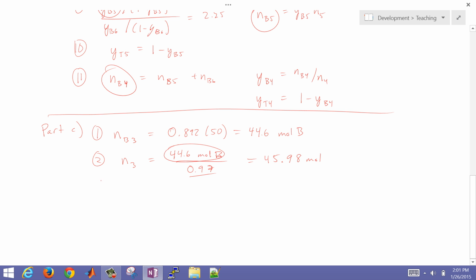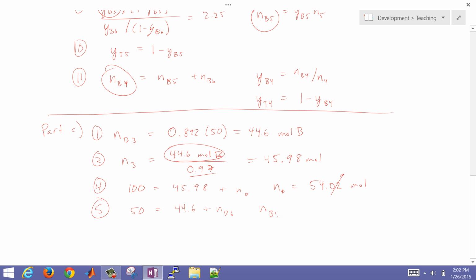Okay, and then we're going to use relationship 4 there. 100 equals 45.98 plus N6, and so N6 equals 54.02. Okay, so if you're just looking at significant figures, you might just say 54 instead of 54.02. Okay, let's use equation 5 now. Okay, so 50 equals 44.6 plus NB6, and then NB6